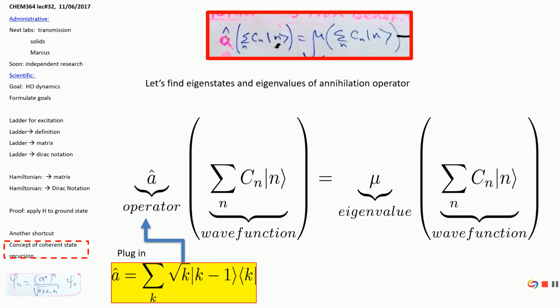Since we are in the basis of eigenstates, any quantum state of the oscillator is a superposition of eigenstates with unknown coefficients. And since we are solving the eigenstate problem, we act on the left with the operator, and on the right it should reproduce the same vector but with a constant. So the goal is to find this progression of C sub n and the value of E.